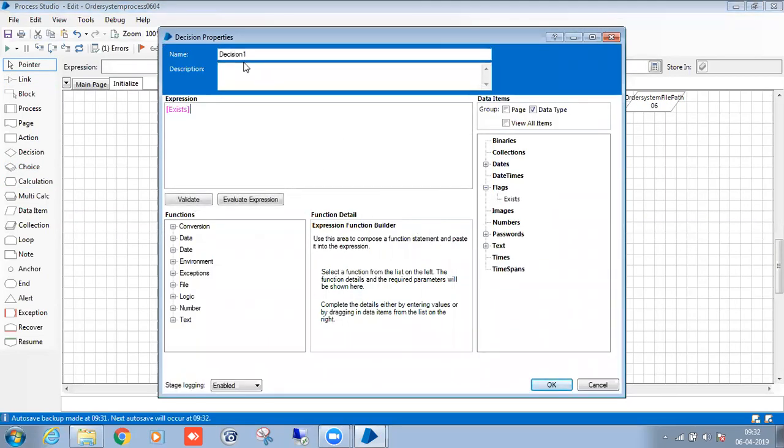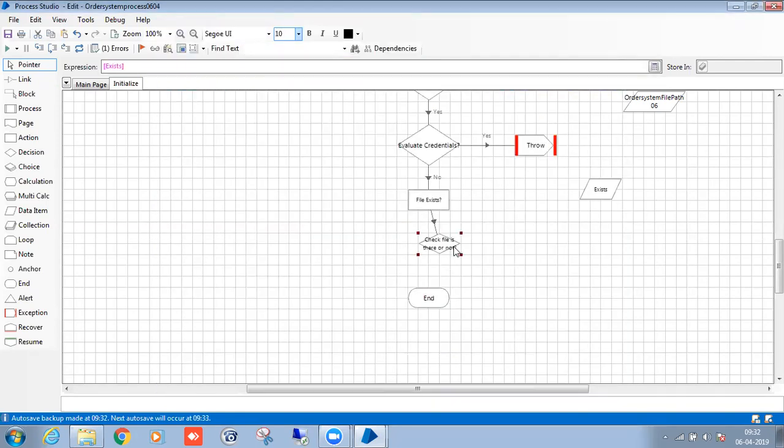If this flag is true, it means there is a file. If not, then there is no file, so I will raise an exception for the same. If true, it means this part. If not, then I will raise an exception.